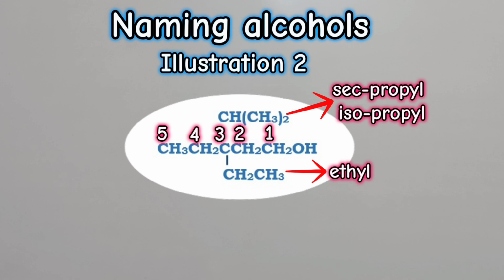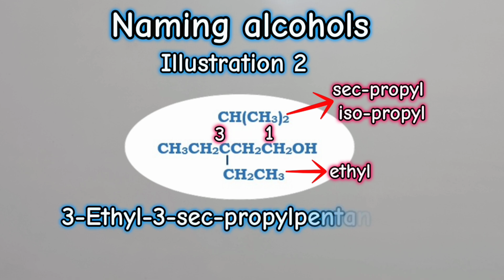So at this point, we are able to write down the name of the compound by respecting the fact that these two are alphabetically different and we must rank them alphabetically. Therefore, the name is going to be 3-ethyl-3-secondary-propyl-pentan-1-ol,